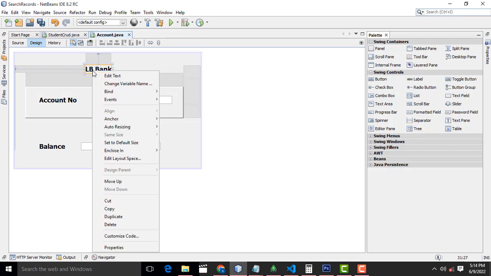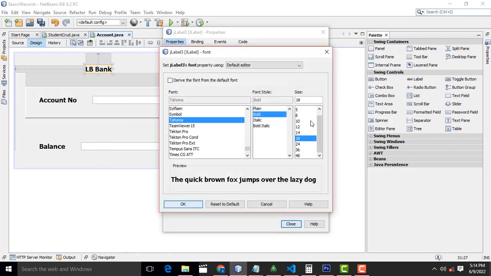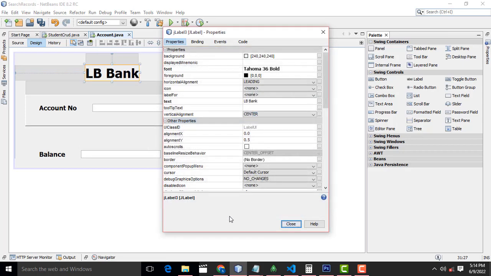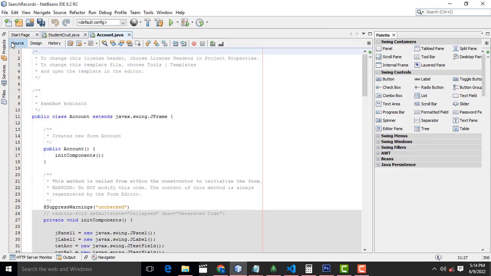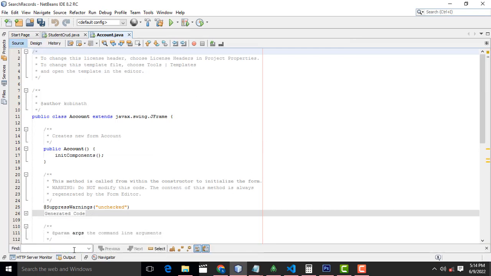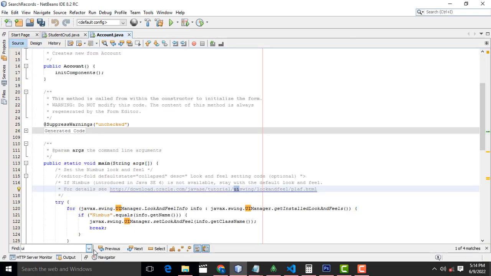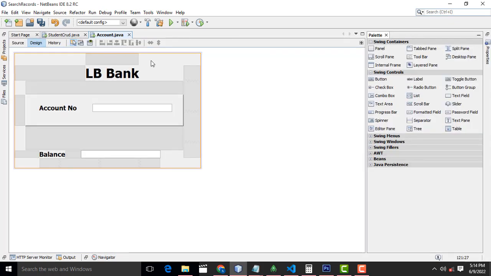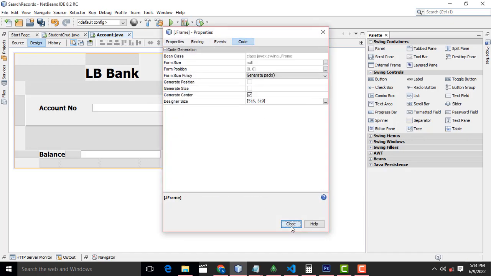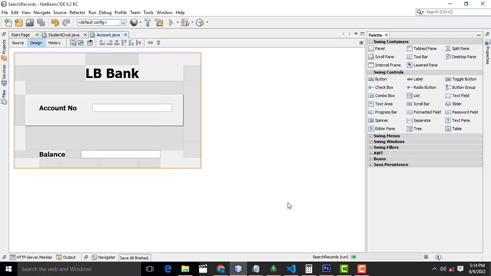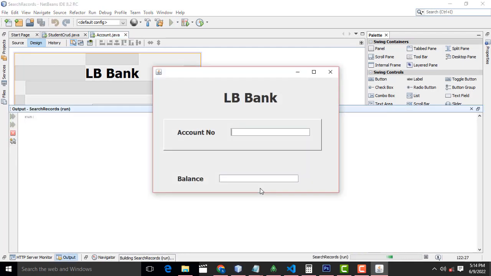Give the name. Perfect. We have to give the 36. Perfect. Right. Now let's select this one. Source. Control F. UI. Metal. Select again. Properties. Code. Generate center. Close it. Run again. Close. Click. You can see it's working perfectly well. Now what I'm going to do is here simply